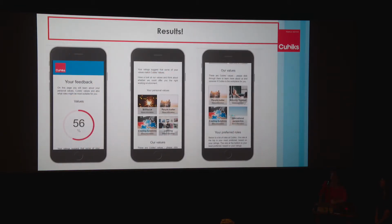Okay, results. This is where it gets fun. So first thing, I would have seen that little graphic on the end load dynamically, telling me I had a 56% alignment. Now it's up to you whether you want to show this graphic or not. If you want to use this tool to narrow down your pipeline a little bit and to encourage those who perhaps don't share your values and don't understand your brand to self-select out, this is where you might want to use that graphic,